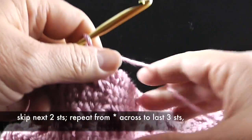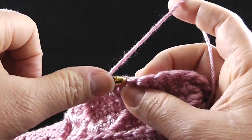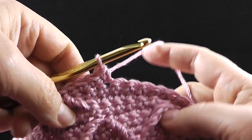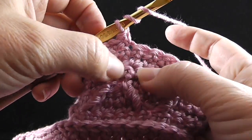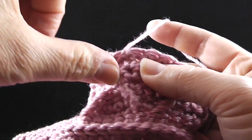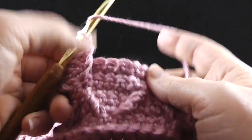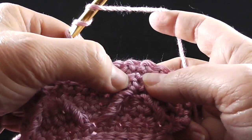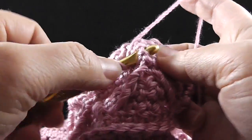Let me get some more yarn. 1, 2, 3, 4, and then I'm going to treble down here, which is right above this stitch. You should see the diamond pattern coming out very well when we count 1, 2, 3, 4, and then we're going to treble there again, right on top of that front post treble,